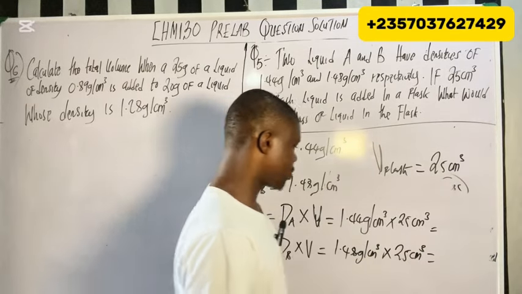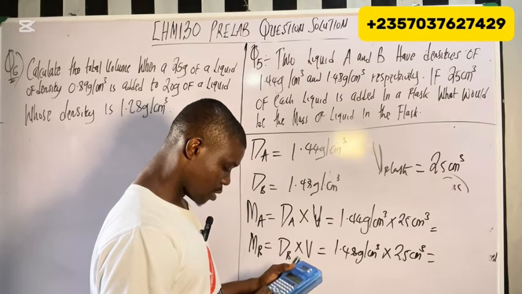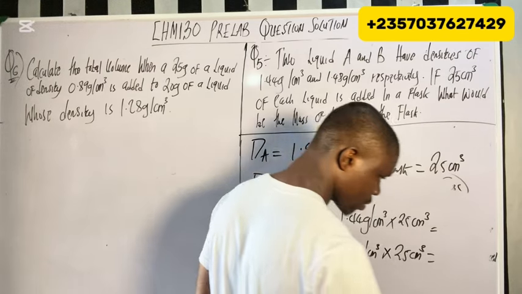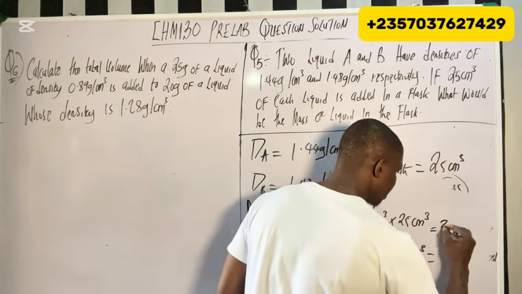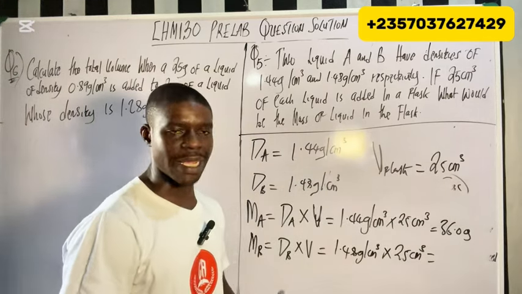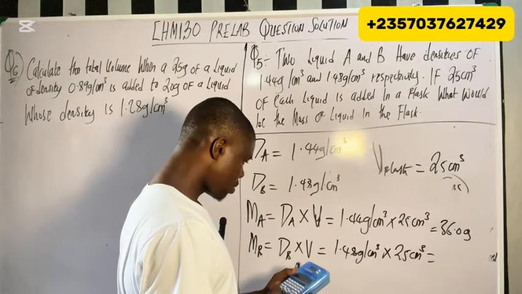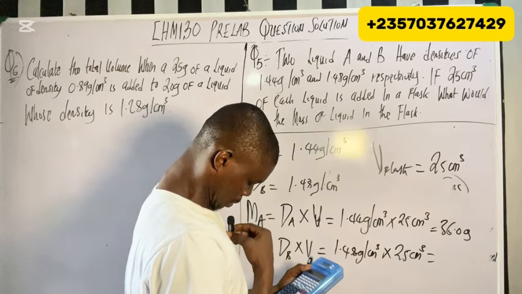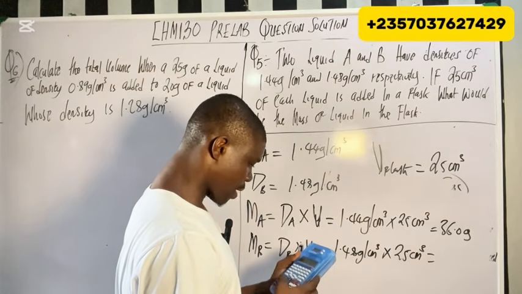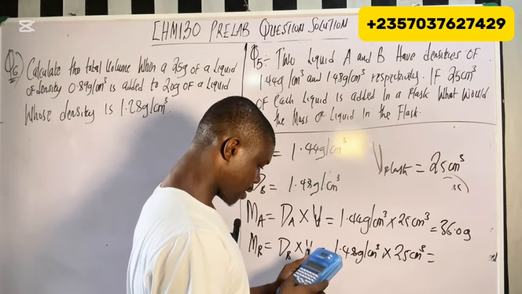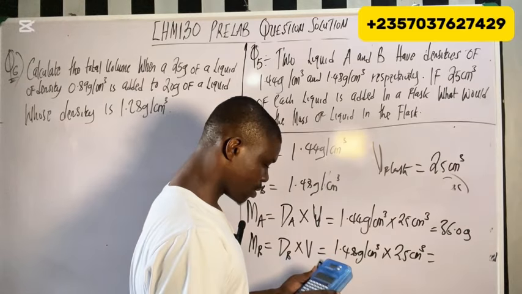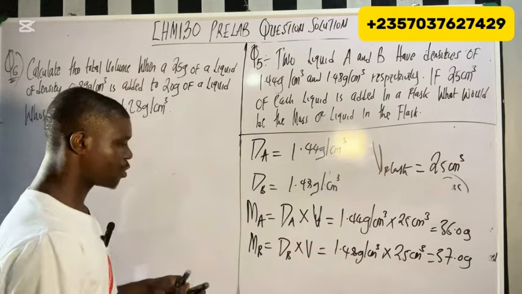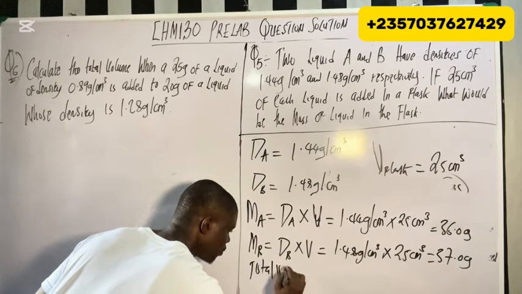So let's use our calculator. You have 1.44 times 25. Here we have 36.0 gram. Okay. Remember, it's measured in gram. Then we have 1.48 times 25. Here we have 37.0 gram. Right there. So total mass